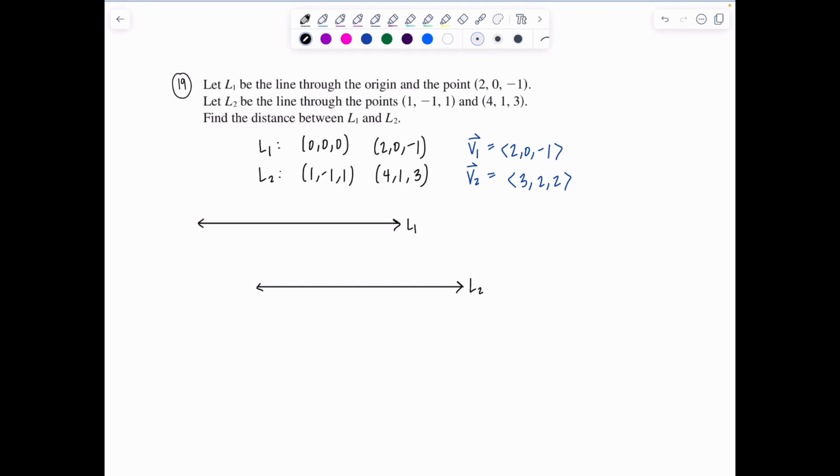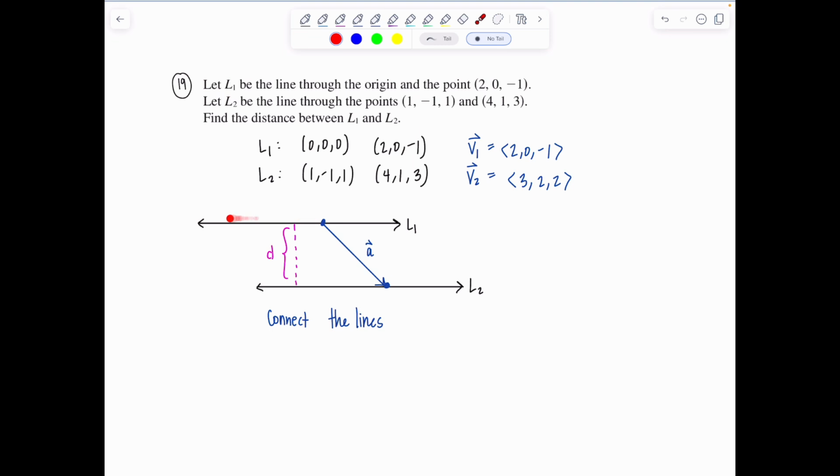Okay, so I want the distance between these two lines. What do we need to do? Well, very often we just connect the lines somehow. So you get a point on each line. We have that, that's no problem. And we connect them. I'll call that vector A. Then, to find that distance, I need to find the scalar projection of A, and that scalar projection has to